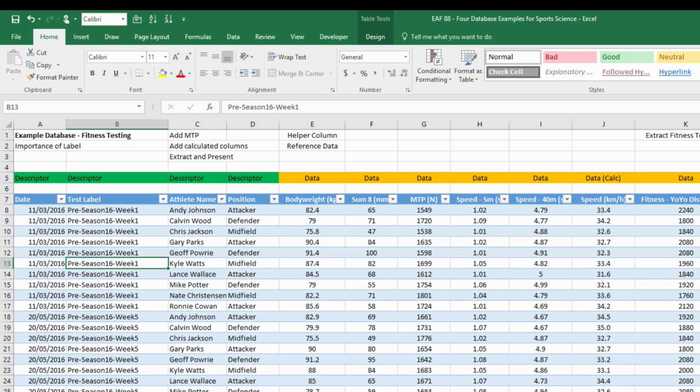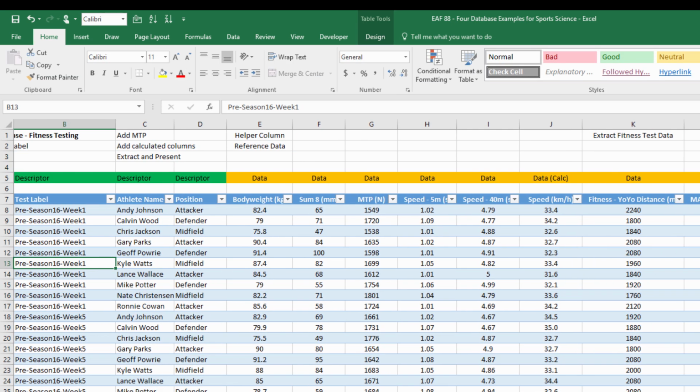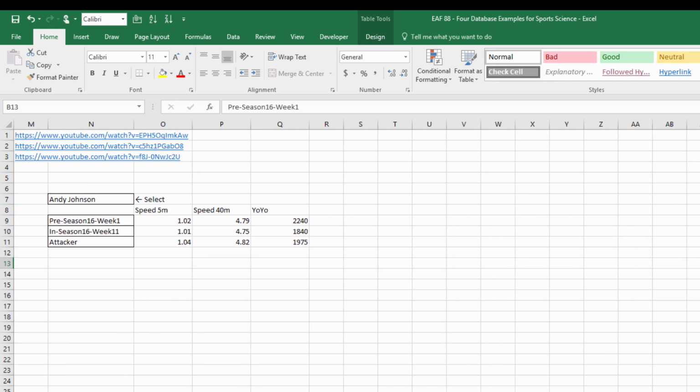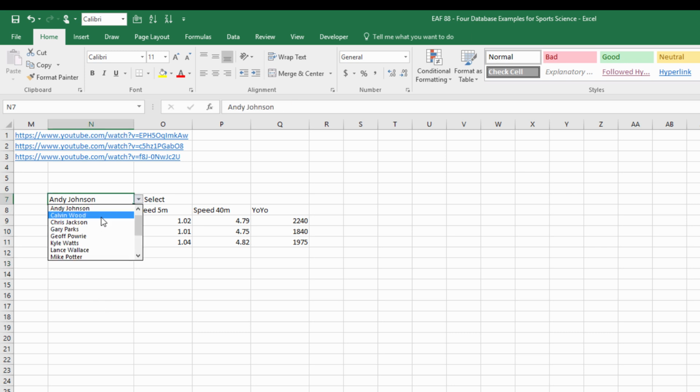Back to our fitness test report. I don't like pivot tables for fitness test reporting. I like to be a little bit more creative and specific. As I mentioned, I've got a whole bunch of videos specifically looking at this, but what I wanted to show you is that the best thing you can do is to have the flexibility to be able to show what you want to show. For example, selecting an athlete, having the data update, being able to choose which test sets you want to show,